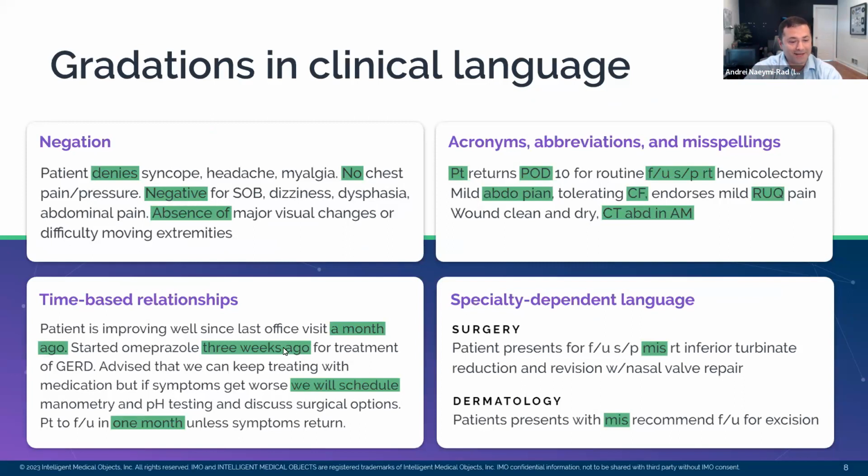And furthermore, as you're trying to understand acronyms, eponyms, abbreviations, time delineation, negation, or specialty dependence, right? If I'm a cardiologist, MI to me might mean something completely different than if I'm a pediatrician. MI might mean mitral incompetence. So understanding syntactic and semantic meaning, and understanding your patient populations, is extremely important when you keep the clinician and the patient at the center of care in your data operations, especially for structured and unstructured data.